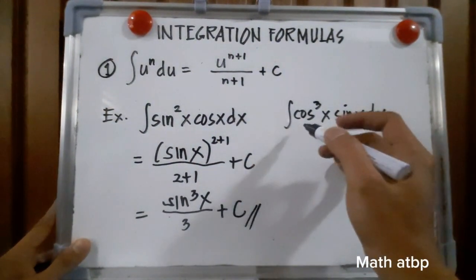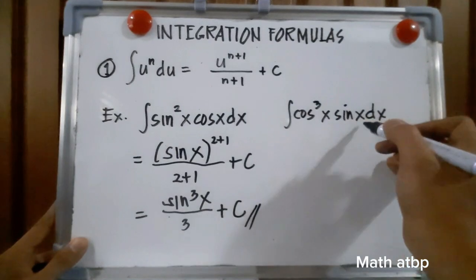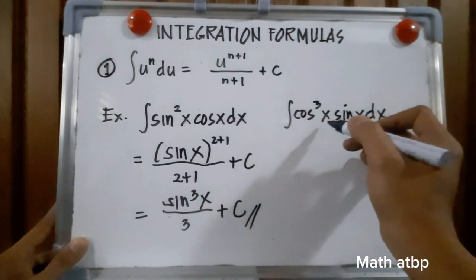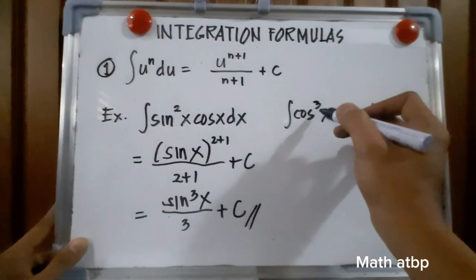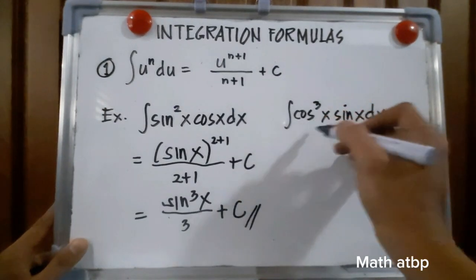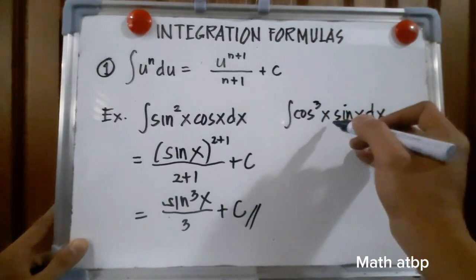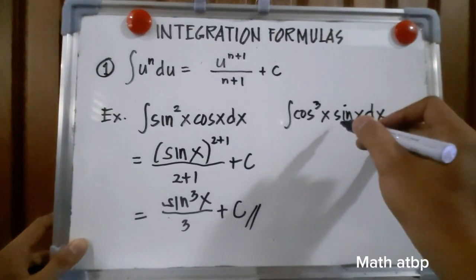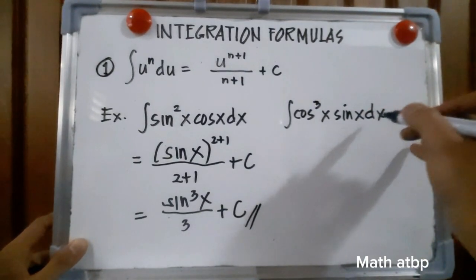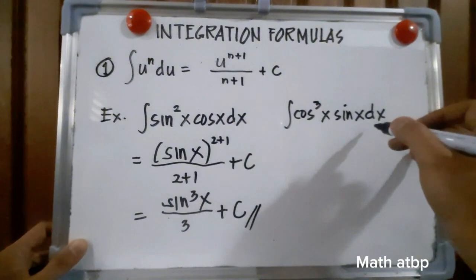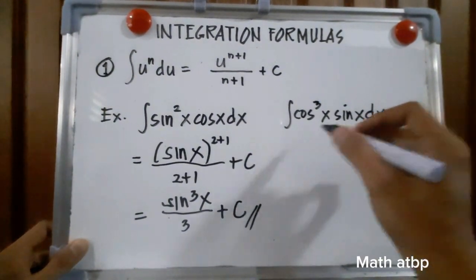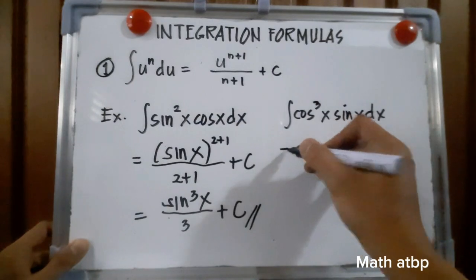Okay, next we have here the integral of cosine cubed of x sine x dx. Our u in here is cosine of x, and our n is 3, while the du of cosine x is not sine x dx, but instead it is negative sine x dx. So the missing is the negative. Okay, so let us place negative in here. So we have here negative